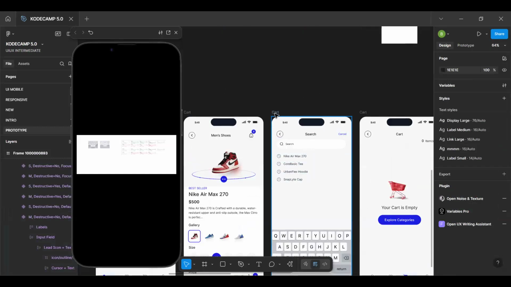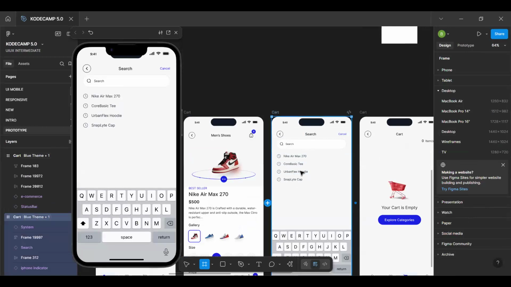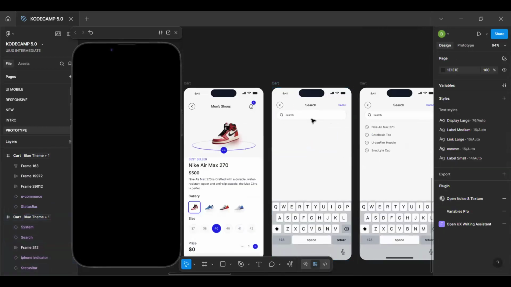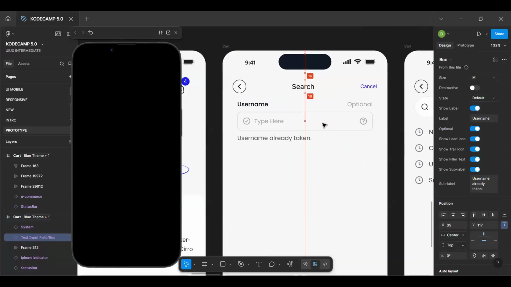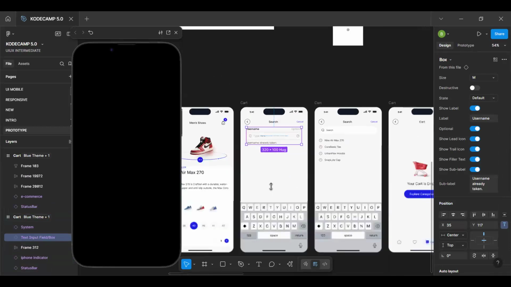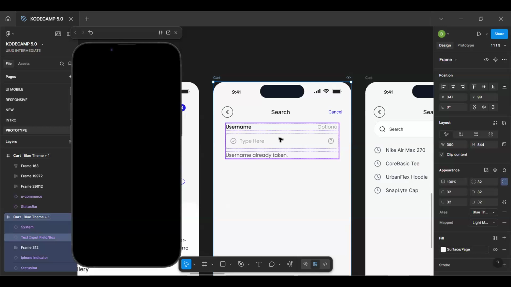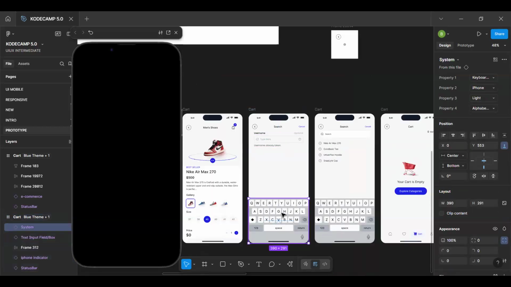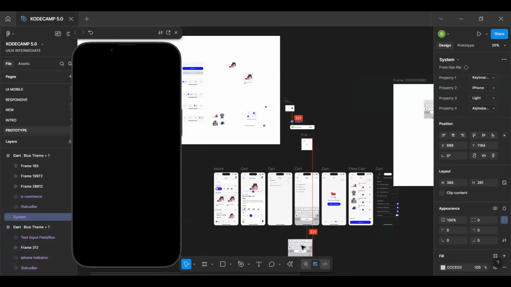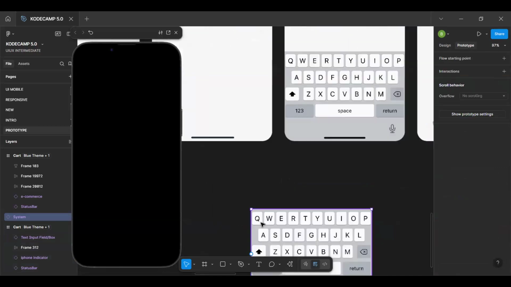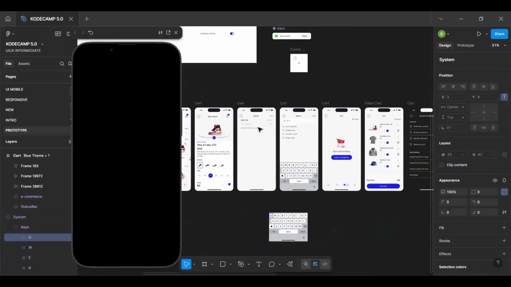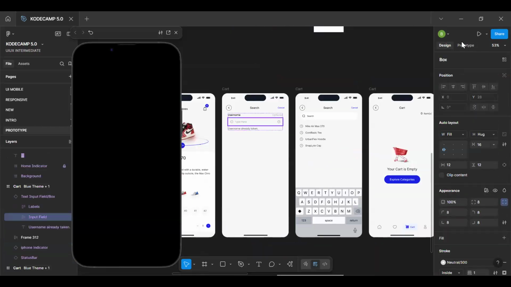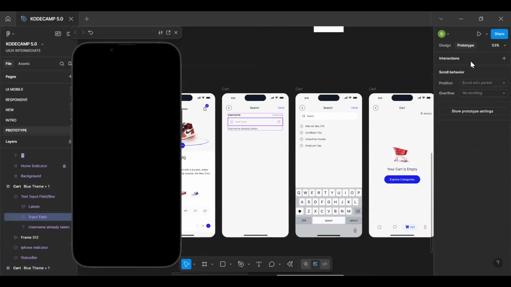So for now, let me just duplicate this because I don't want to disturb this particular one. So we are going to use this. So I'm just going to paste to replace. So I'm going to say on tap. Okay, let's remove this first. Let me see, does this have that functionality? Yep, it does. Okay. So I'm going to say on tap. I'm just going to do a prototype here. On tap,